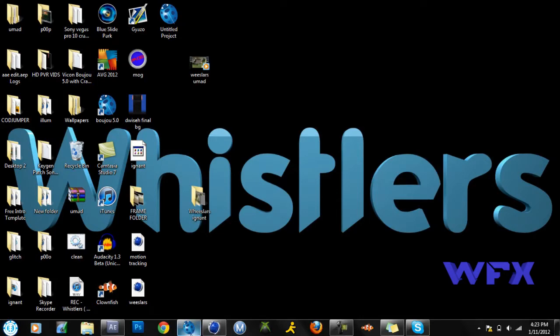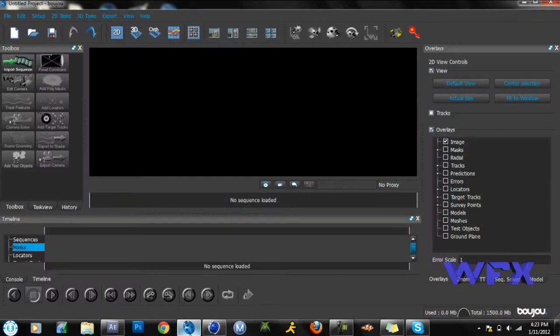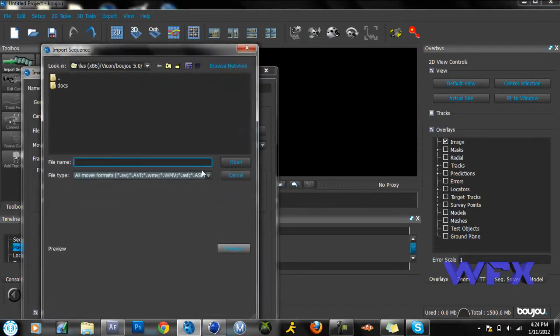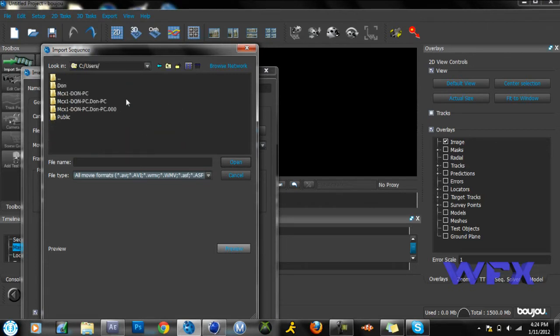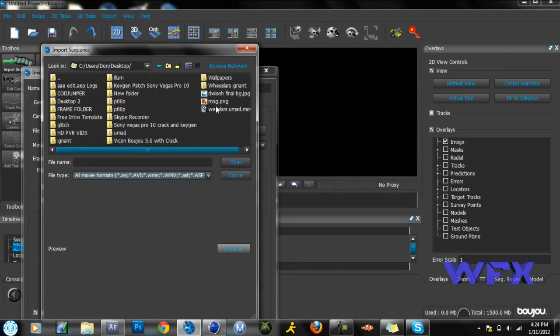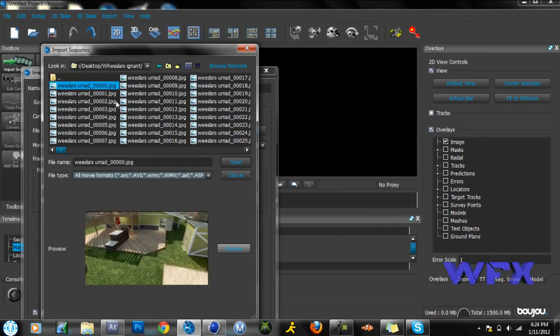So now you're going to want to have Blender. I will have a link and tutorial in a .txt file. And so now, in it, you're gonna go to import sequence, and you're gonna go to your C drive, and then do users, and then just go to wherever you saved your frames. You're gonna open your first frame,